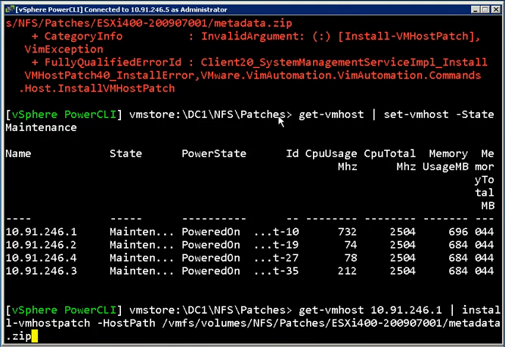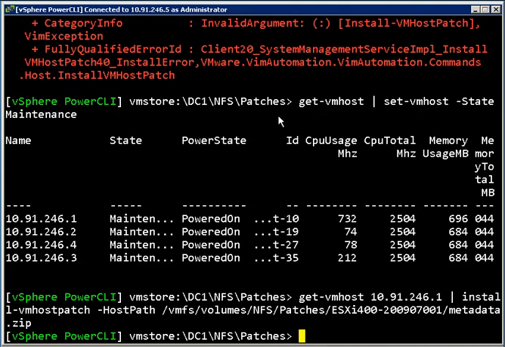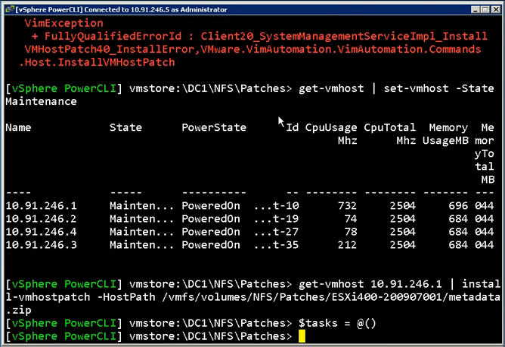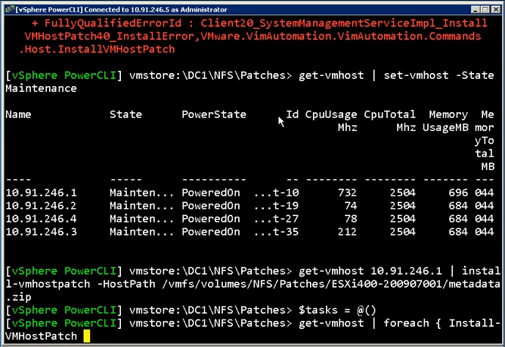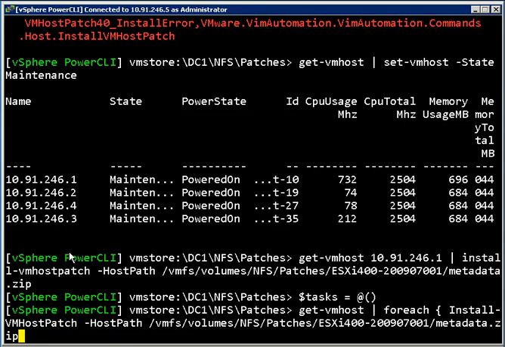So now, let's go back, and I'm going to tweak this a little bit so that I can actually patch all of these systems at once, simultaneously. What I'm going to do is say Get-VMHost, pipe that into ForEach, and I'm going to say Install-VMHostPatch. I'm going to give it the same -HostPath argument as before. I'm going to say -VMHost $_, which will refer to that specific host, and I'm going to say